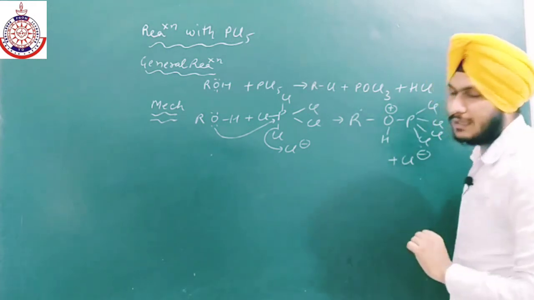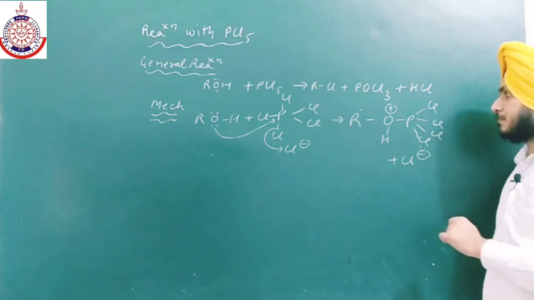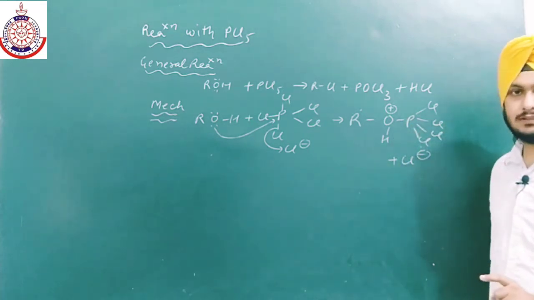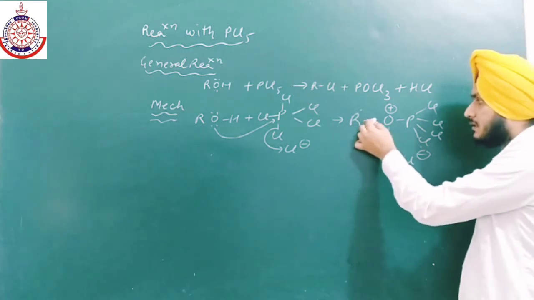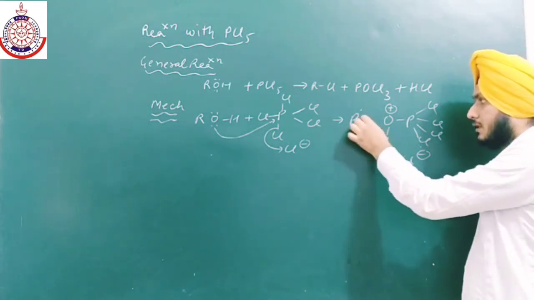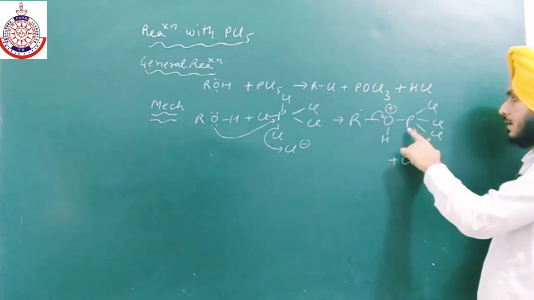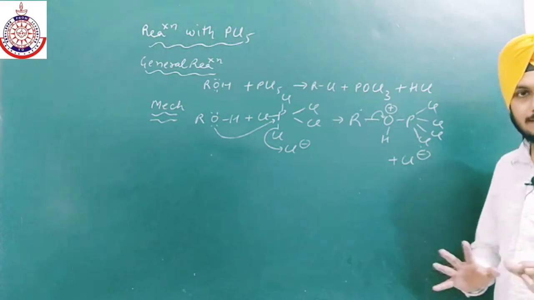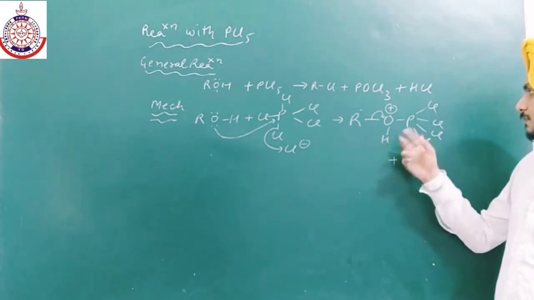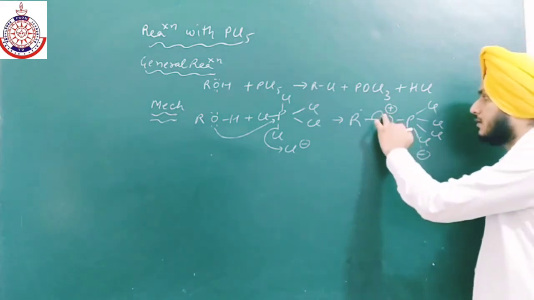Now again the positive charge on the oxygen atom is unstable, so there are two options in order to remove this charge or to neutralize the whole compound. This bond can easily break. If we break this bond, we will get PCl4 and OH, which is quite unstable. This compound, PCl4OH, is quite unstable. So this step is not possible.